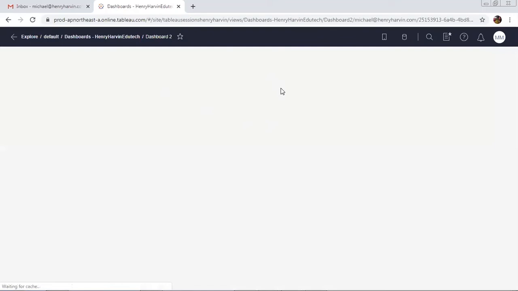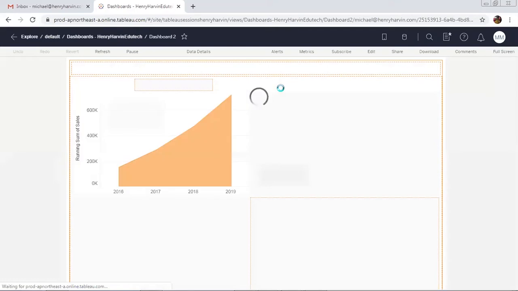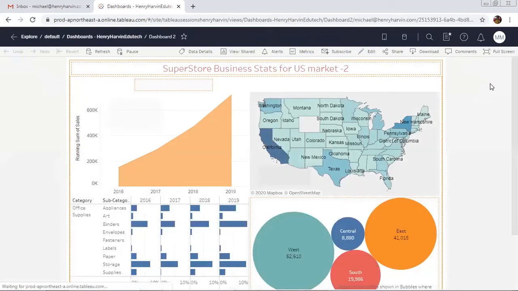Now, when we are providing access to the users, we can provide them limited access. We can provide them only view access. So if we provide them only view access, they'll only be able to view this dashboard along with filters. They'll not be getting the other options available, like they'll not be able to share, download, edit, subscribe, alerts, comments, anything if I'm giving them only reader access.